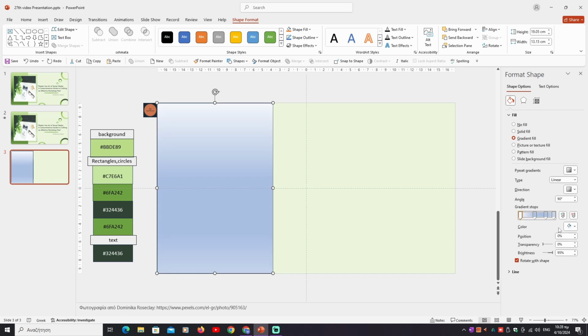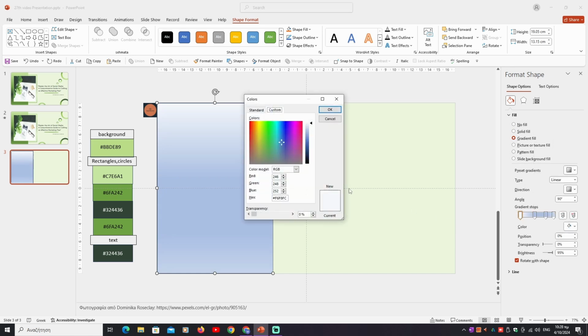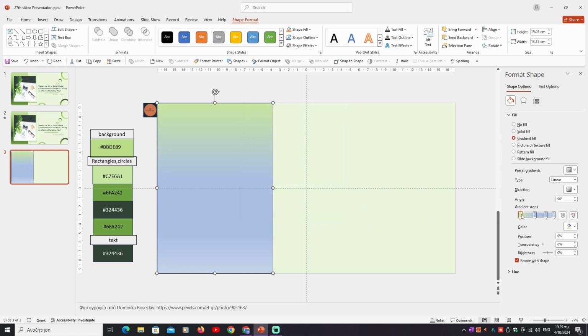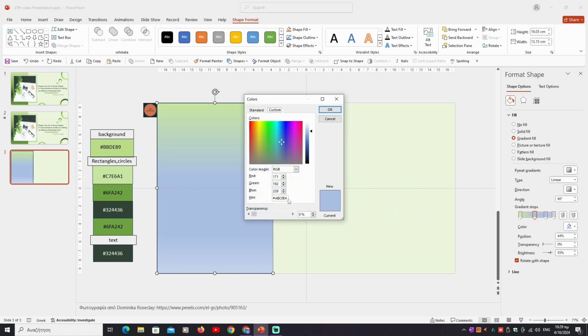We go to the first gradient stop, color, more colors. At the custom tab, we delete the previous hex code and we write the hex code of the second color, hashtag C7E6A1 and click OK. We go at the second gradient stop, color, more colors, custom tab, we delete the previous color hex code and we write hashtag